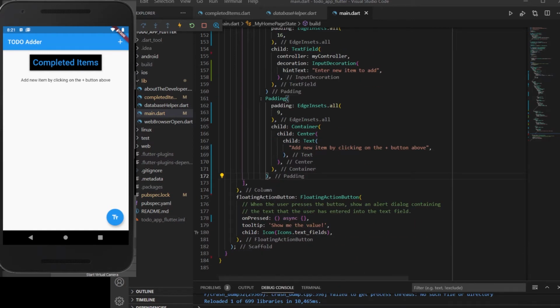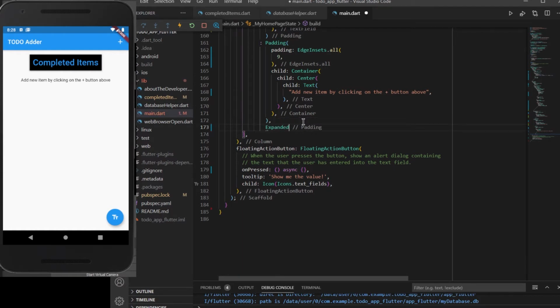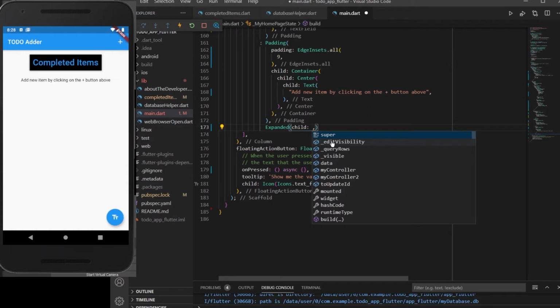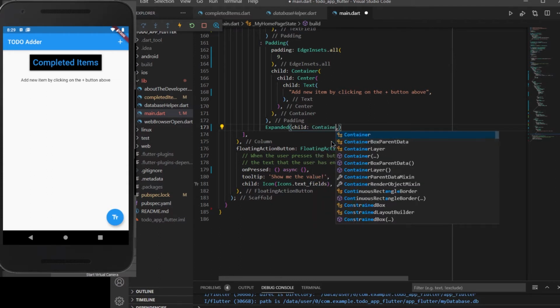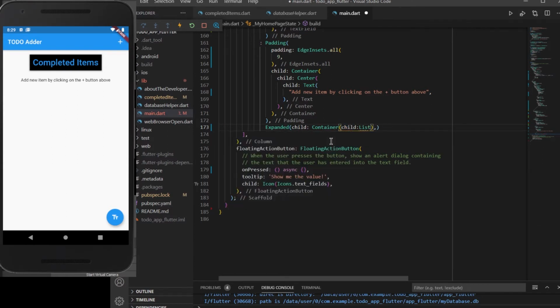Now the next thing we need to add inside this particular widget tree, or this particular column, is an expanded widget. Let's see how we can implement the expanded widget inside our application. The first thing we need to do is, after this padding, add an expanded. What an expanded does is provide whatever space is left after rendering all the above widgets. All the available space will be provided to the widget we have inside the expanded. So we have a container which will have a list view builder,